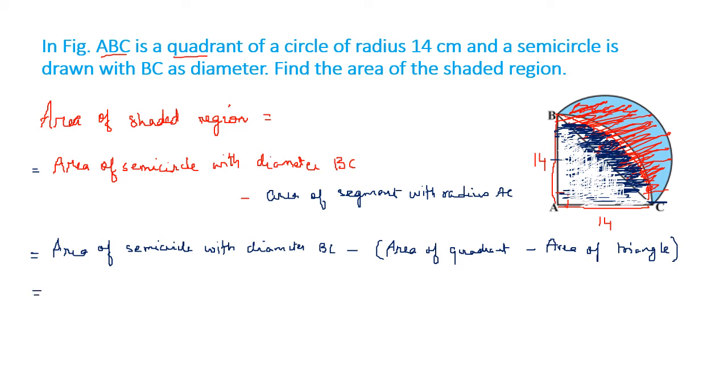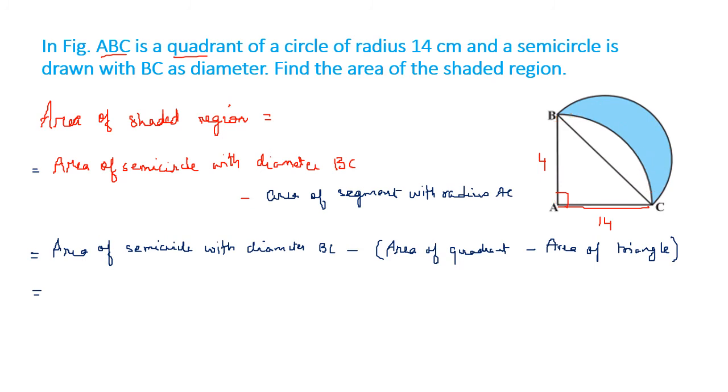Area of semicircle with diameter BC. Okay, now we can see one more thing. To find out the area of the semicircle, what is the formula? Now you tell me, to find out the area of the semicircle, I should know the radius. So the midpoint of BC, because BC is the diameter, should give me the radius. Let me call this point O. So OB let me call the radius, but I do not have the radius. How will I find out the radius?